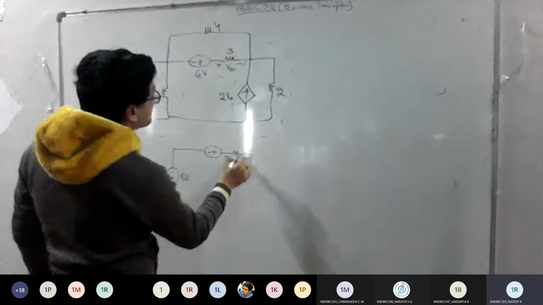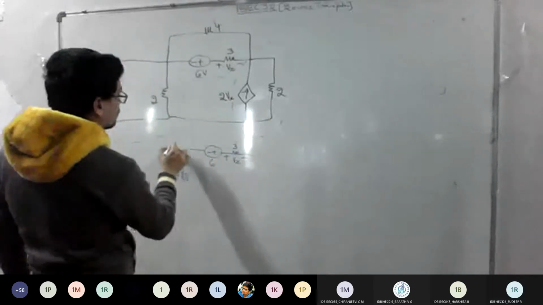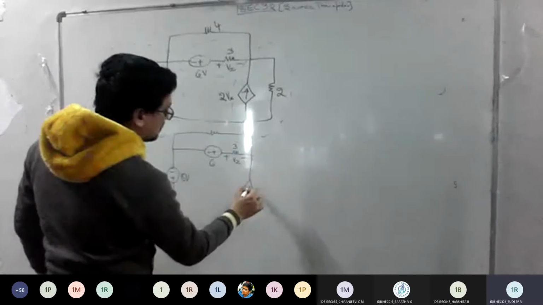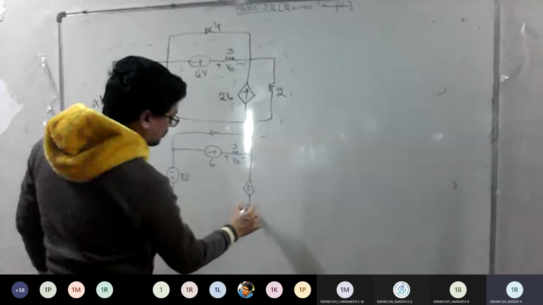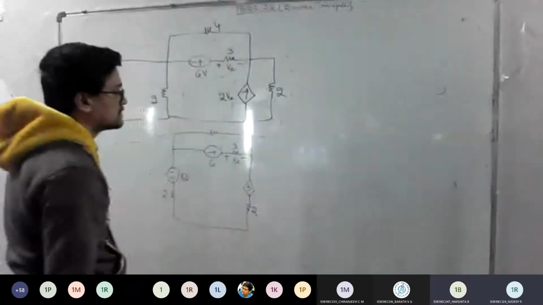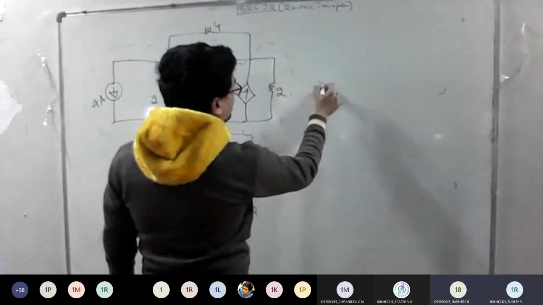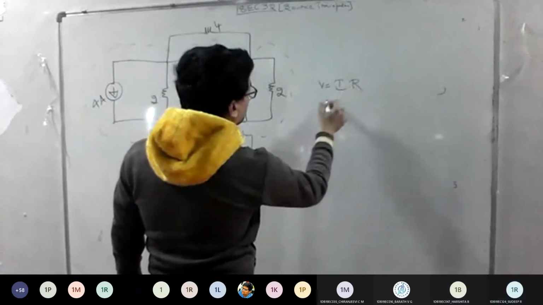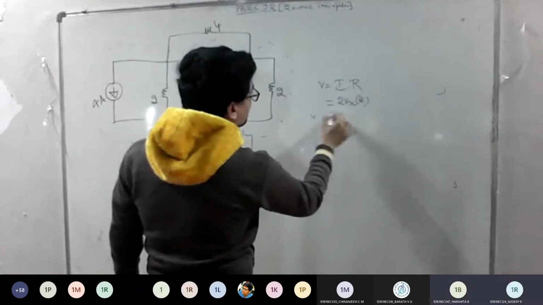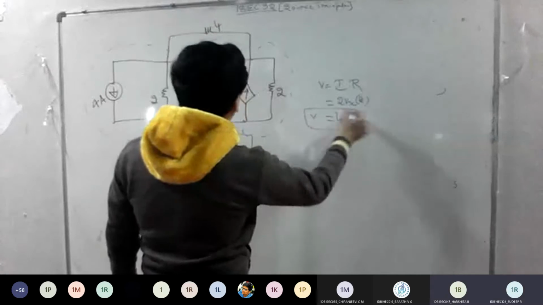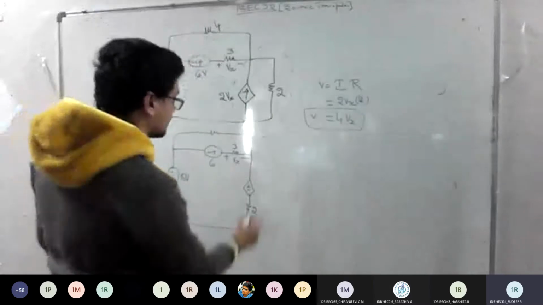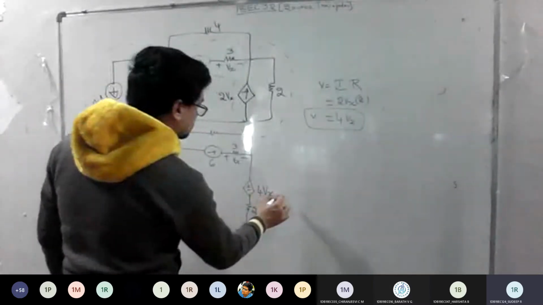Plus or minus Vx, 3 ohm as it is, 6 volt. So 4 ohm is carried for this. And again here, one more voltage source, plus minus, and 2 ohm is here. What is the value of this? V is equal to I into R. What is the value of I? 2 Vx. What is the value of R? It's 2. Can you write this V as 4 Vx? Yes, sir. 4 Vx now?